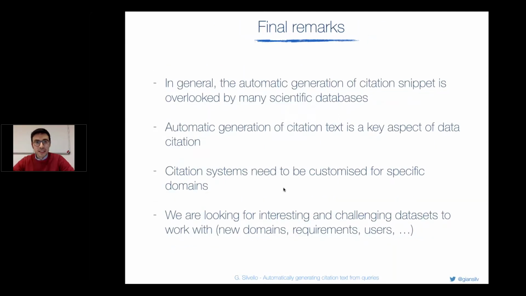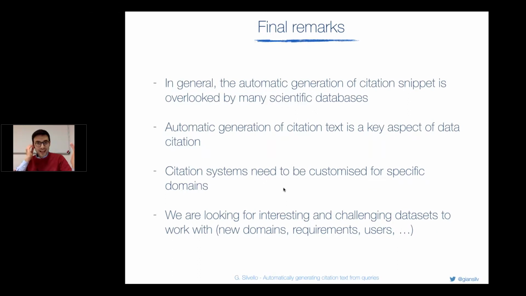So, final remarks, and I'm concluding. In general, automatic generation of citation snippets is overlooked by many scientific databases. Why? Because it's a complex problem. Prior to generating the citation snippets, we need to have a versioned database, we need to be able to differentiate citations, and we need to be able to uniquely identify and retrieve the data that we cited, so basically all the other recommendations of the RDA, right?